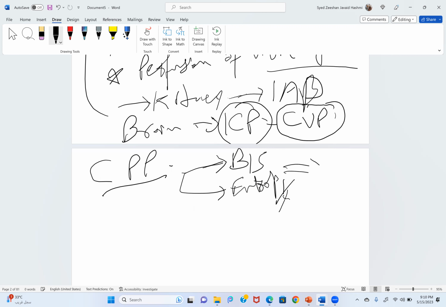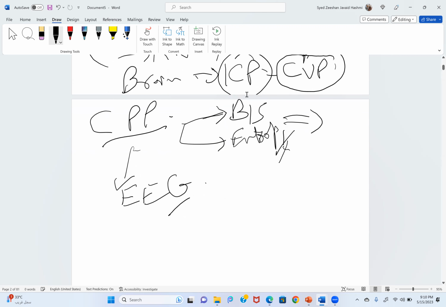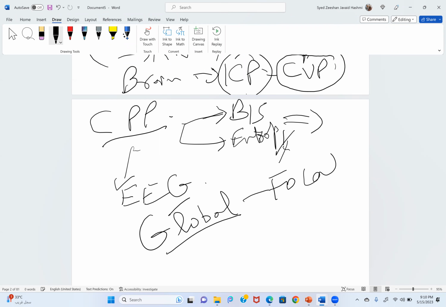BIS and entropy are actually, and more accurately, EEG. Okay. So whenever we are monitoring the cerebral perfusion pressure, there are two concepts. One is global and one is focal. In the majority of the things which we are doing, we can measure this, because BIS and entropy are